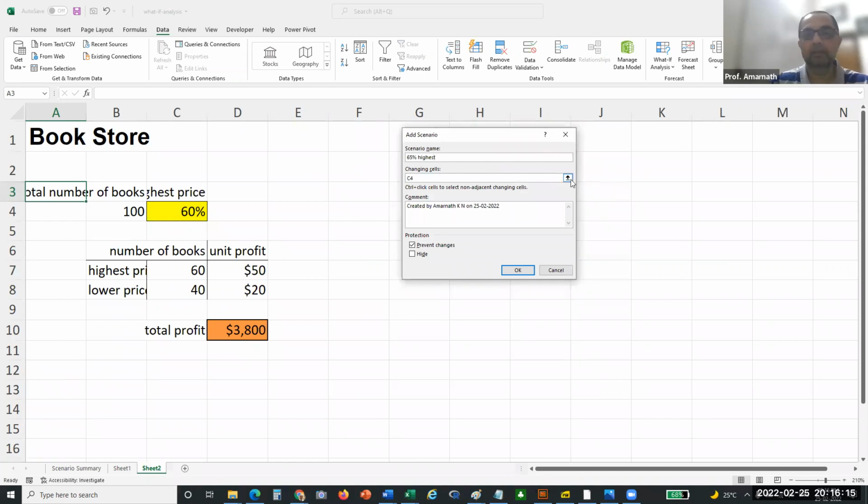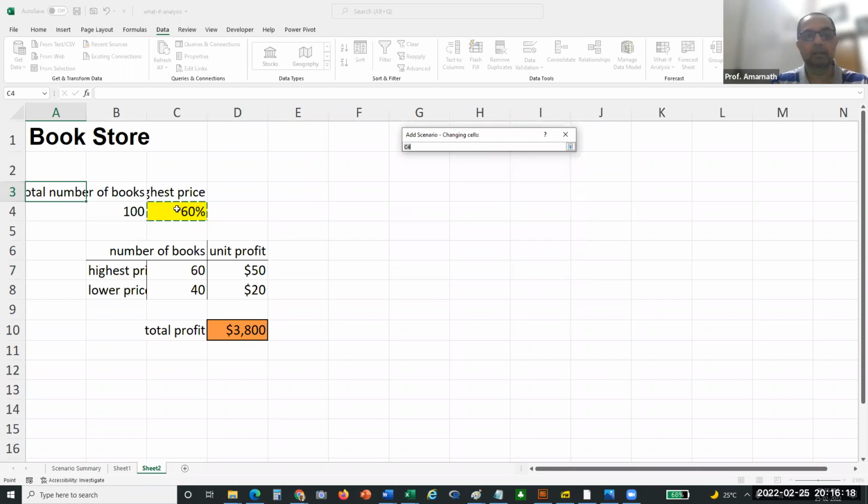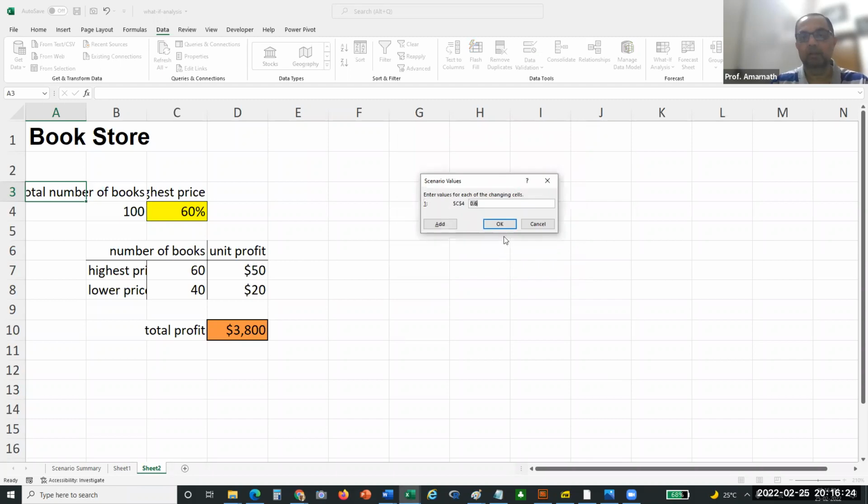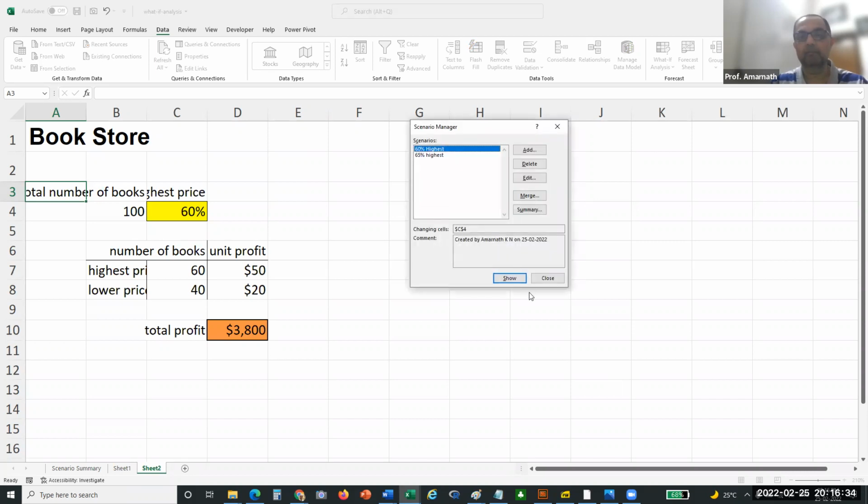By changing cells, C4, and the value 0.5. And I've chosen two scenarios here. That should be enough. If I say show,